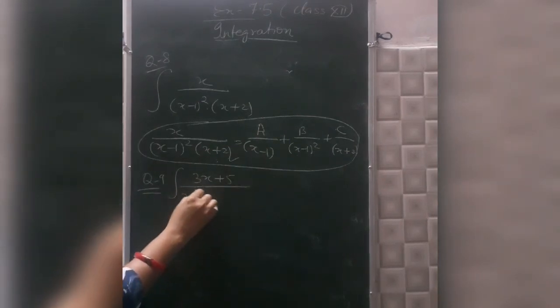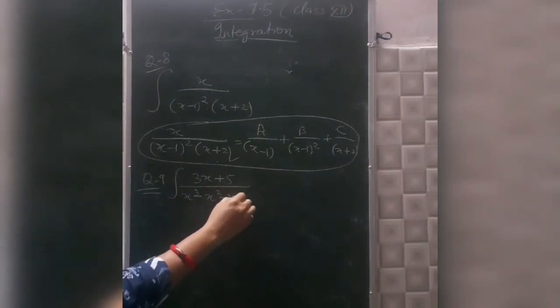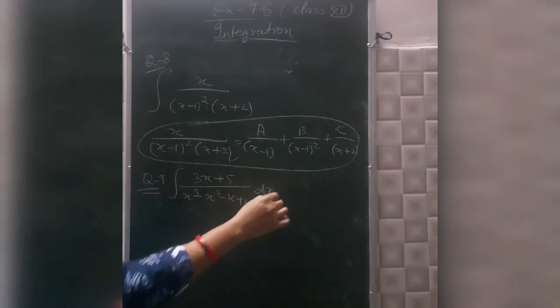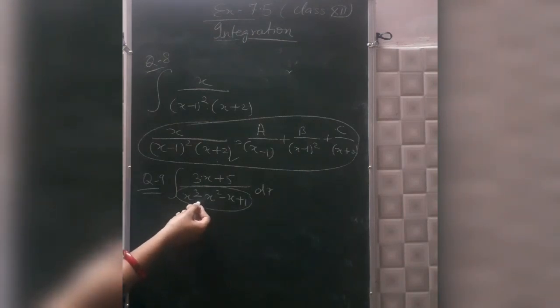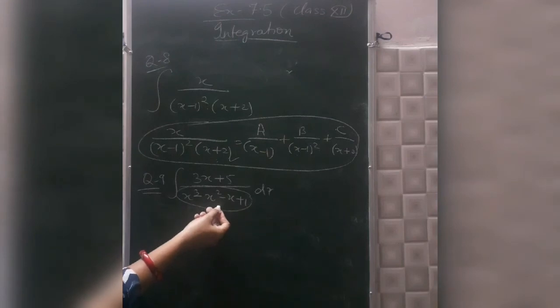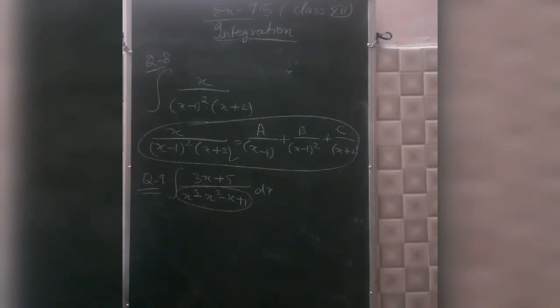in the denominator a cubic polynomial is given to you. Firstly you will factorize it, and all of you know very well how you can do the factorization of this. This topic is there in 9th class. By the hit and trial method, firstly you can find one factor. After that you can divide by that factor, you will get a quadratic equation, and further for factorization of this quadratic equation you will get the other two factors.